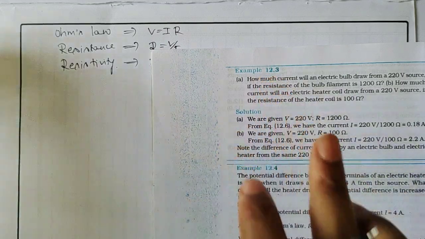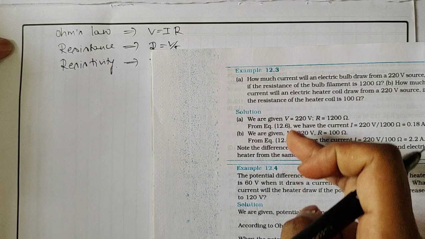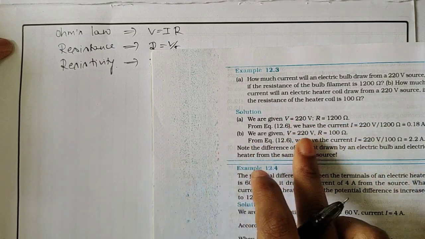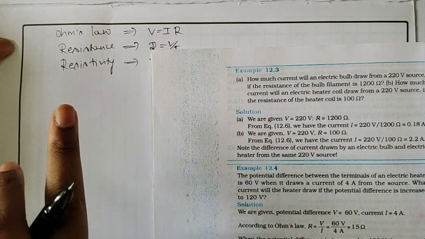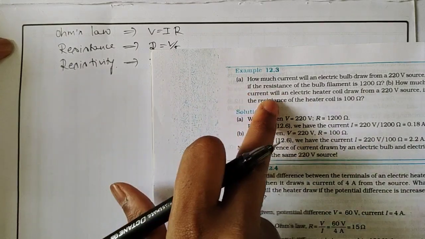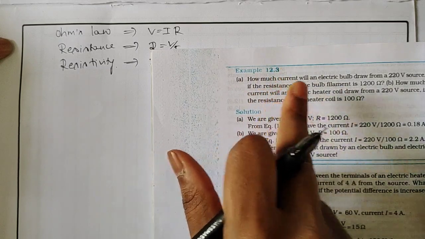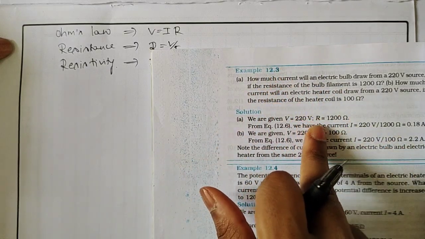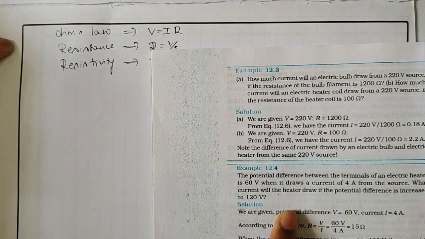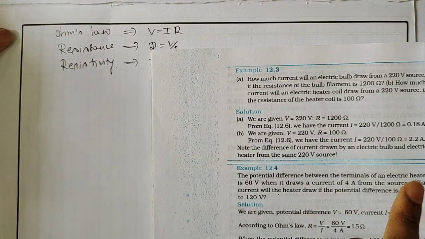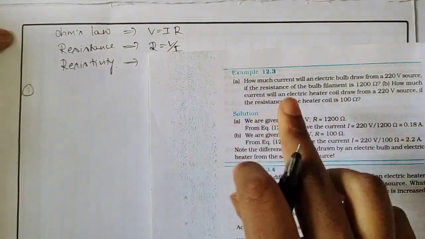Example 12.3. Now listen, today's homework is nothing but you need to write and send me, that means you need to solve and send me the same question, and you should not copy from the textbook. You need to learn and understand from the video, then pause the video soon after you understand one complete problem. That means soon after understanding this 12.3, just pause the video, write the question and solve on your own. Later just cross check whether your answer is correct or not, then see the second problem and repeat the same thing. Clear? Now look at the first problem, that is the 12.3 example.